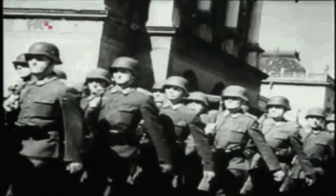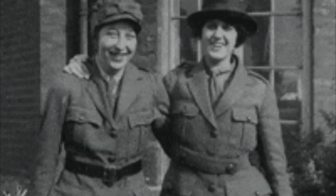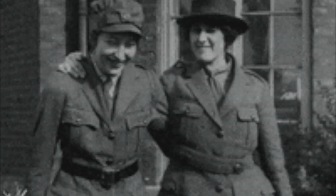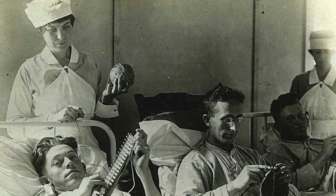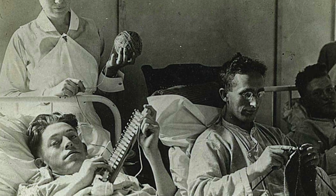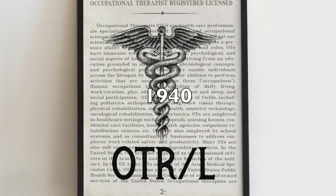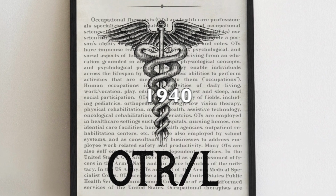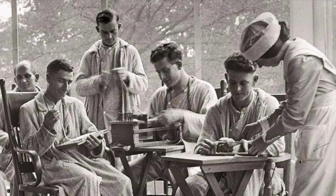1940s were defined by World War II, the baby boom era, and an influx of women entering the workforce to replace men who went to the First World War. A great push was made for occupational therapy services and once again played a key role in the care of wounded soldiers. Occupational therapists, distinguished with their new formal insignia as OTRs in 1940, addressed orthopedic, neurological, and psychiatric conditions